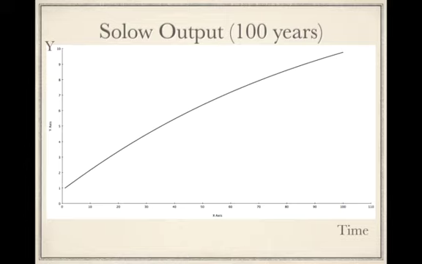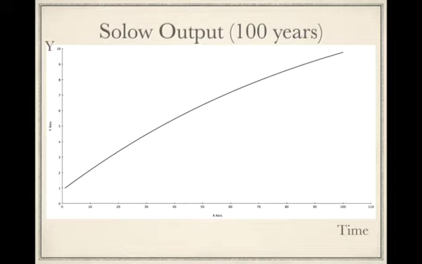So you're able to back this out, and the textbook, again, can walk you through that. And if you want to know how to do that, let me know. I'll be happy to walk through that with you. So this is output across time. Now, it doesn't quite look like our output-capital relationship, and that's okay. There's no reason they need to look the same.